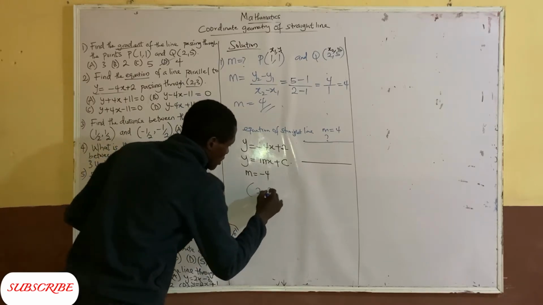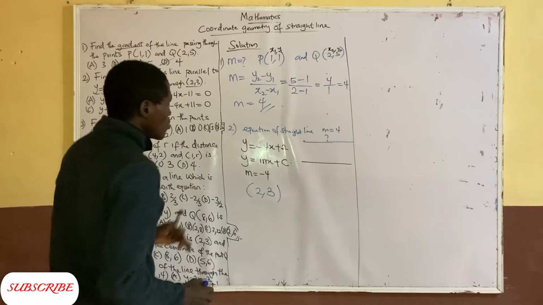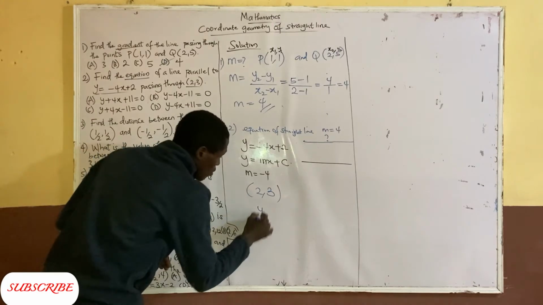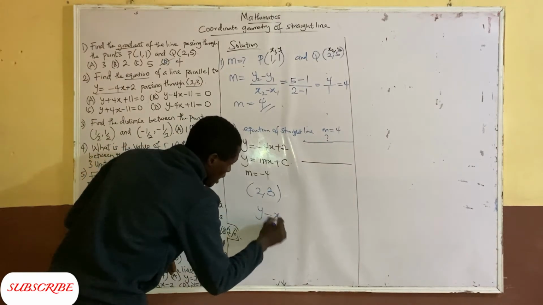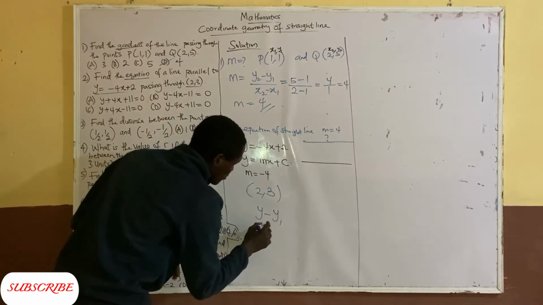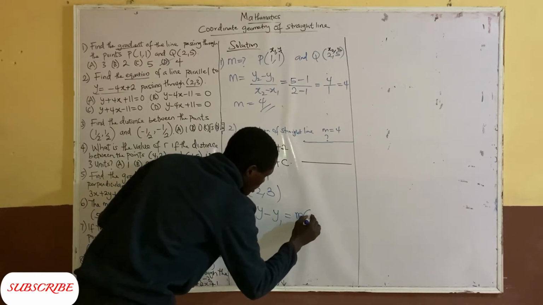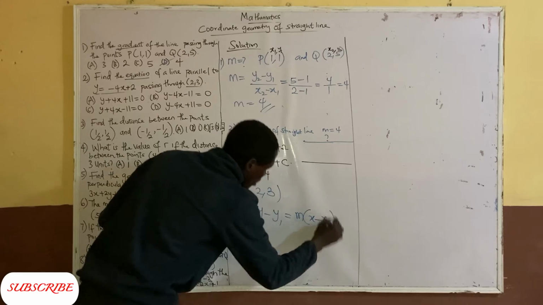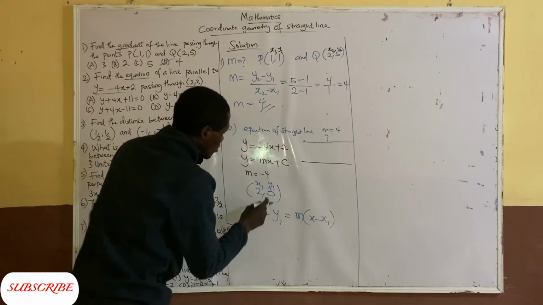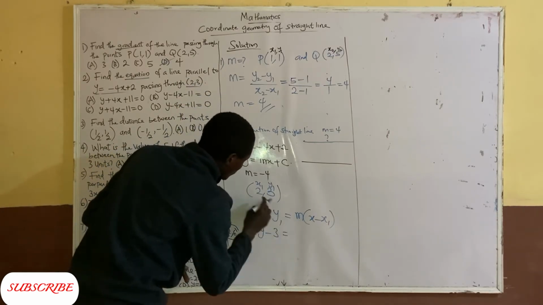Now we know that to get our equation of a line, the correct equation of a straight line, we are going to use y minus y1 equal to m into bracket x minus x1, where this is our x1, this is our y1. So in other words now, we are going to have y minus y1, which is 3, equal to